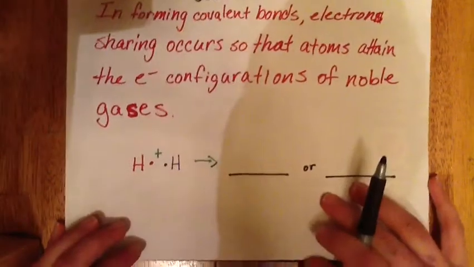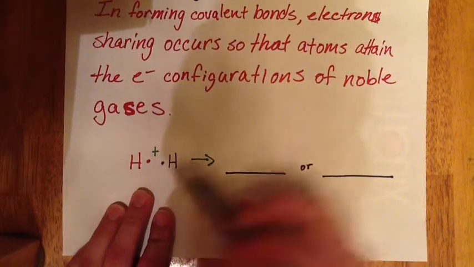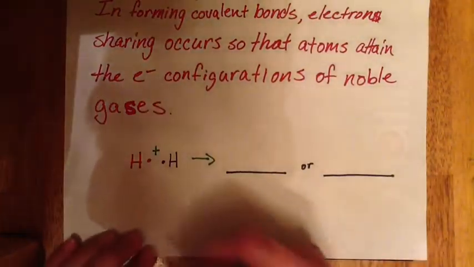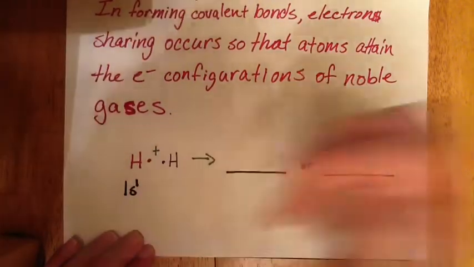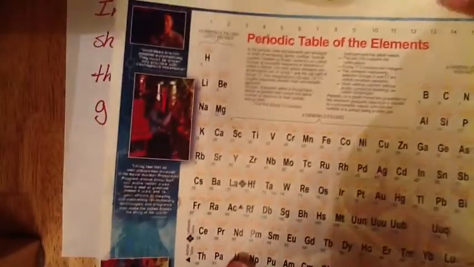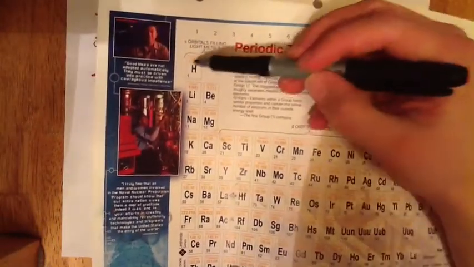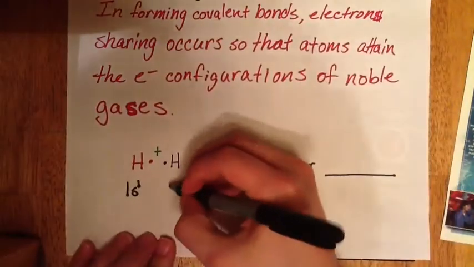Alright, so we have hydrogen pairing up with hydrogen. The electron configuration of hydrogen is 1s1. I got that configuration 1s1 from our periodic table. Remember, this is the S block, group 1A and group 2A, and hydrogen is the first element, so it's 1s1. The other hydrogen will be